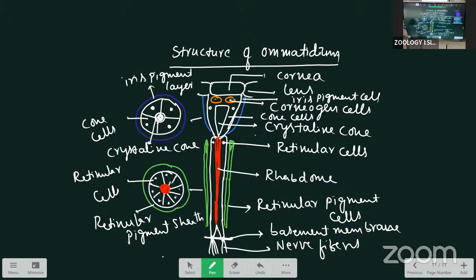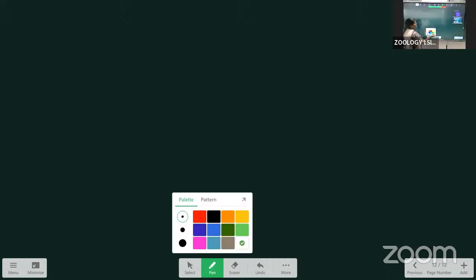Next, we start biology in human welfare. In this, the life cycles of parasites are there. In these life cycles, five questions are important. Five LAQs are important. I am writing them here. Afterwards, I will take them one by one. The first one is the Entamoeba life cycle. First, the Entamoeba life cycle is the important one, and second is